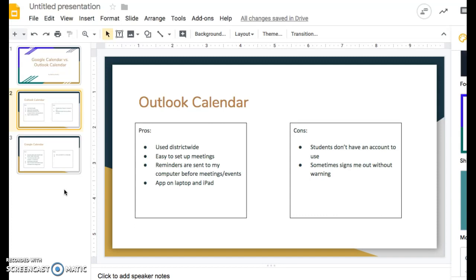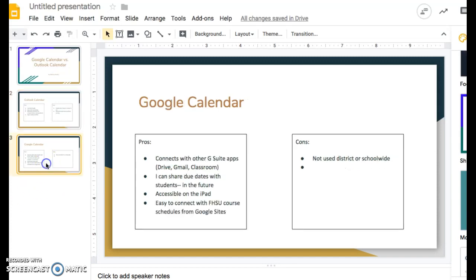The cons of Outlook: our students don't have an account to use, so I'm not able to collaborate with them this way. It would be nice to be able to set up meetings with them this way, or writing conferences, things like that. And also, sometimes it signs me out without a warning. It'll just close, and I don't realize that it's closed, so I don't get those reminders. So in comparison with Google,